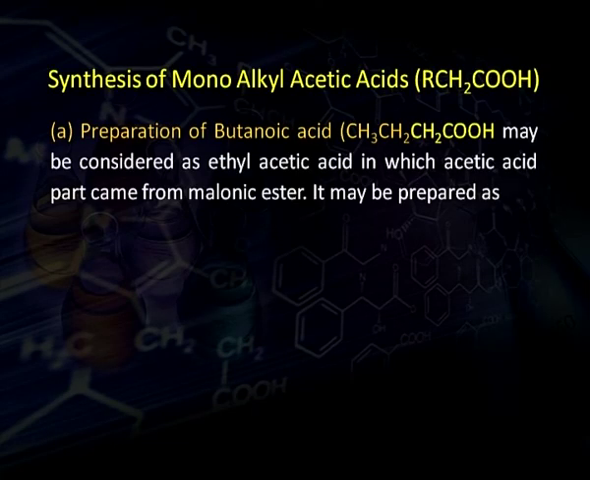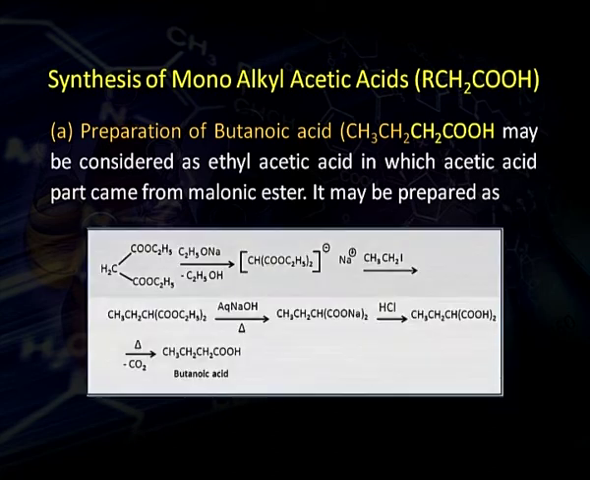By this method, we can prepare butanoic acid which may be considered as ethyl acetic acid in which acetic acid part came from malonic ester. It may be prepared as malonic ester upon treatment with sodium ethoxide forms sodium salt of malonic ester. This acts as nucleophile and upon treatment with ethyl iodide, ethyl group is substituted and it forms substituted malonic ester